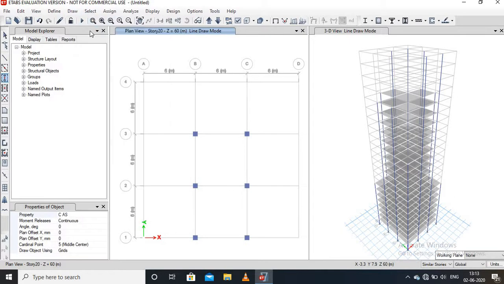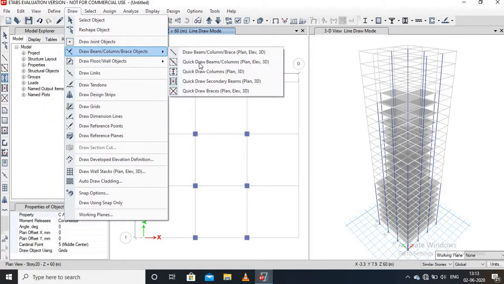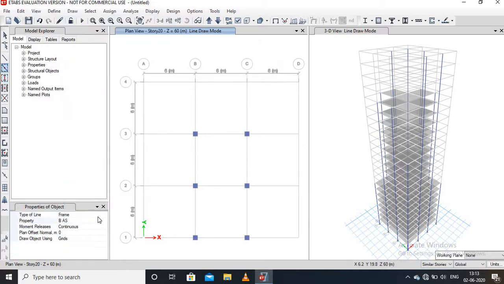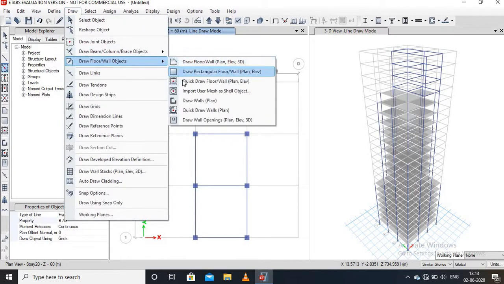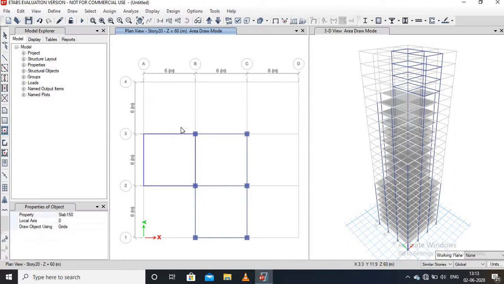Then draw beams. Then draw slab. Therefore, till now we have drawn all the columns, all the beams and all the slabs for all stories.